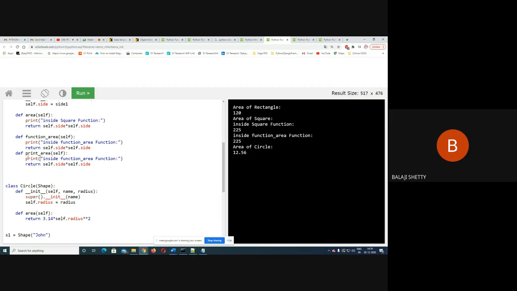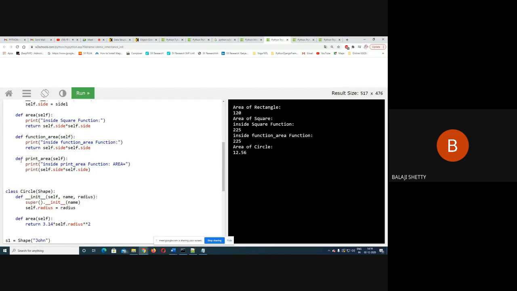If your basics are clear, inside the print area function, I am printing that area. That's it. What is this print area? This is again another function, but it does not return anything. It prints in the function itself. So I only have to call that print area. That's it. Nothing else.